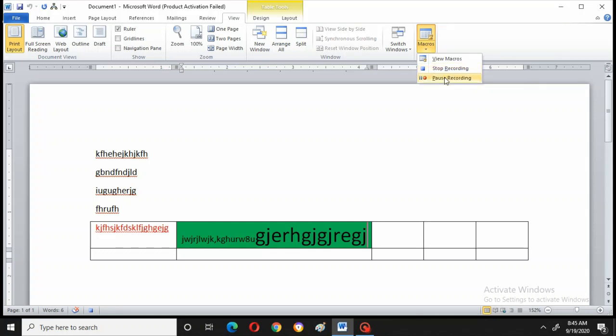I will stop. If you want to stop, you can pause it and do something else, and again you can start the recording, but I don't want to do that. You can try that also. I will say stop. Now whatever actions, whatever mouse clicks, whatever keystrokes on the keyboard, whatever font colors, everything I did, all these will be recorded. And if you want these actions again and again, you can just go and click that particular macro. That's it.